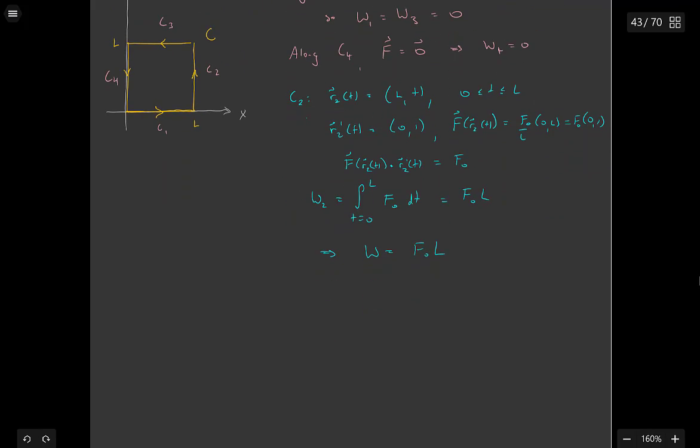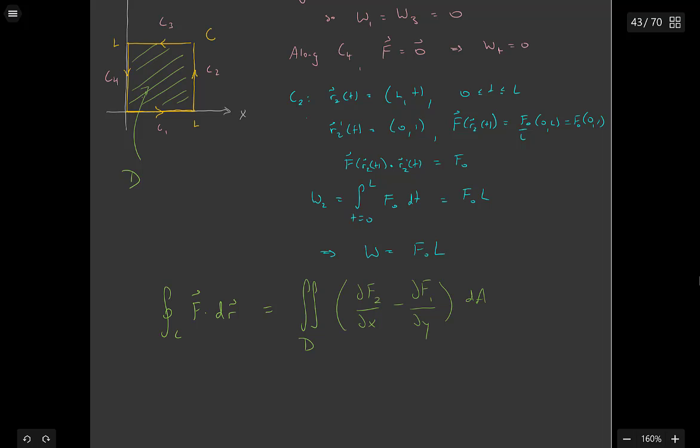Since I have a closed path, Green's theorem tells me that the line integral around that closed curve, oriented counterclockwise, which it is here, is going to be equal to the double integral over the region D, which is enclosed by the curve, so this square, of the partial derivative of the y component of the force field with respect to x, minus the partial derivative of the x component of the force field with respect to y,